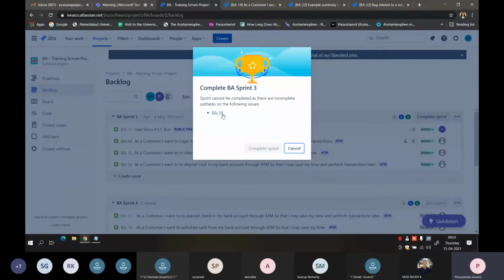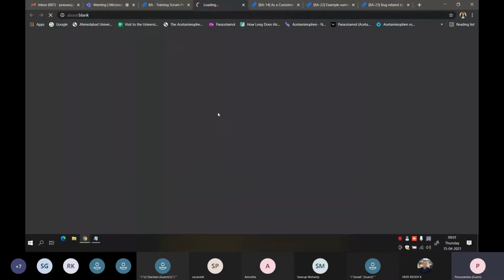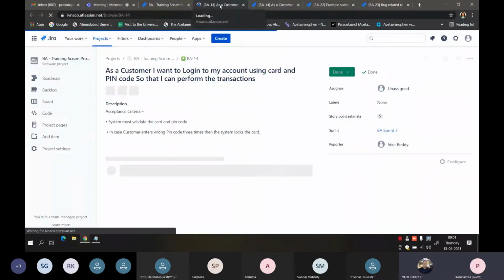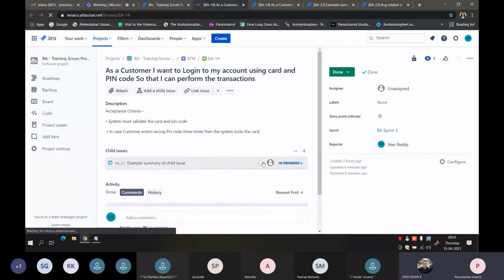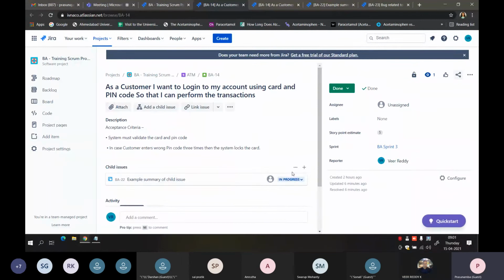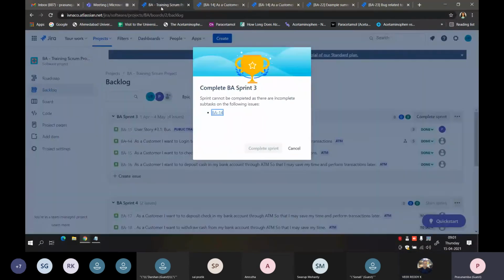Because under BA14, we have this subtask which is in progress. That is why, though I am trying to complete the sprint, it is not giving me an option of moving that ticket from sprint 3 to sprint 4 like earlier.